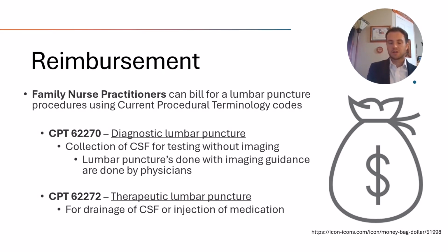Reimbursement. Nurse practitioners need to be compensated for the procedures they perform. Family nurse practitioners can perform and bill for lumbar puncture procedures using current procedural terminology codes. These are abbreviated CPT codes. If the lumbar puncture done was for diagnostic reasons, such as a collection of CSF for testing, then we would use the CPT code